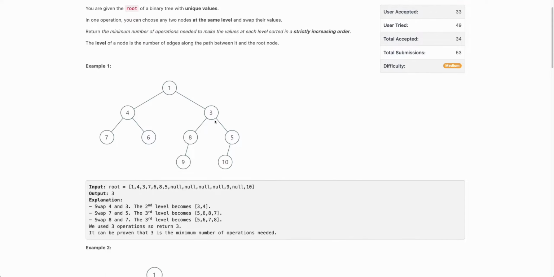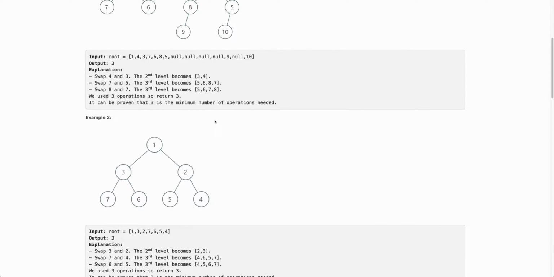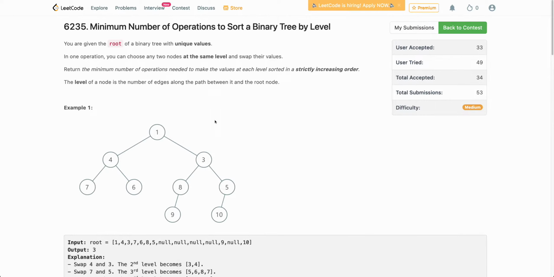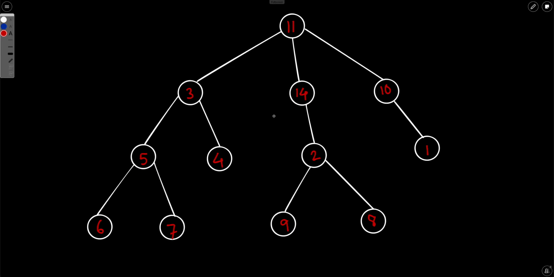Okay. Now, I hope you got the problem. Now let's look at how to solve this. Okay. So let's say this is a tree. It is very clear that we can divide the problem into smaller problems